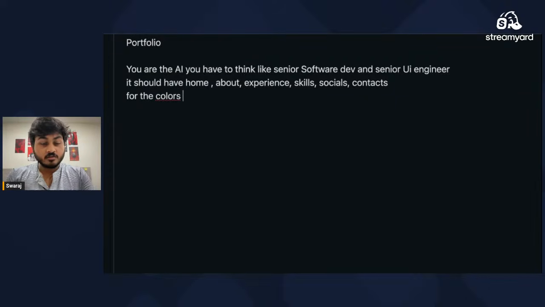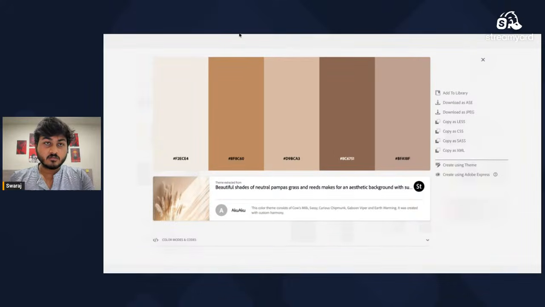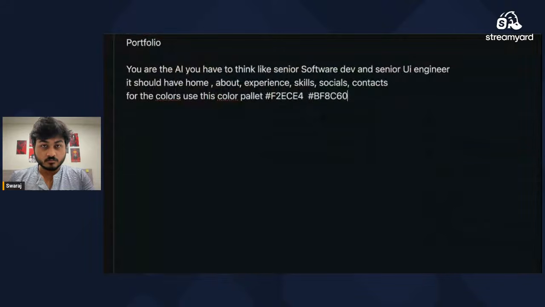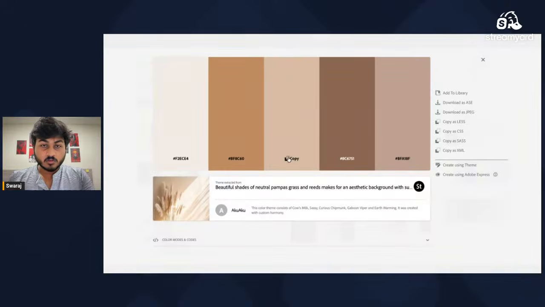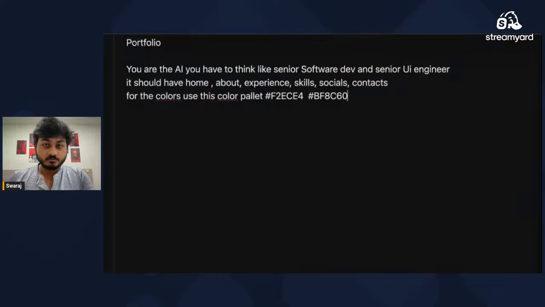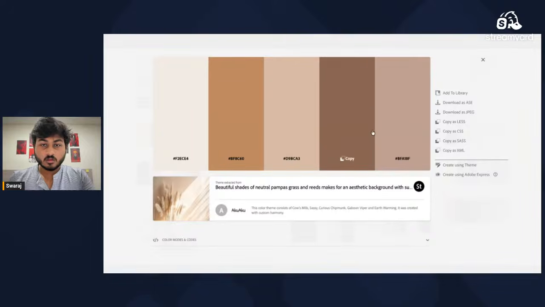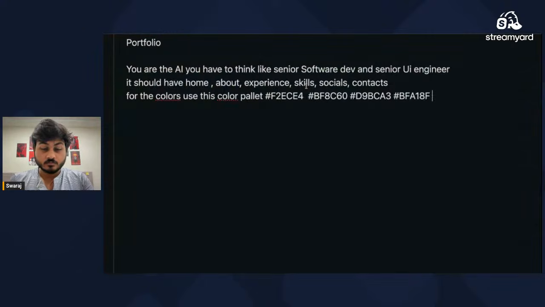For the colors, use this palette. Next, this one. Okay, this one's great. And we'll introduce black also for the borders and headline.